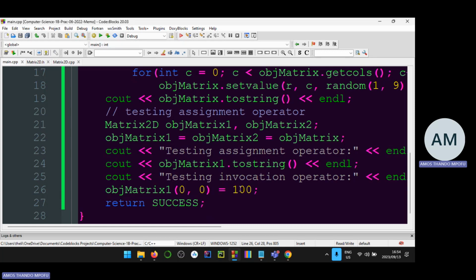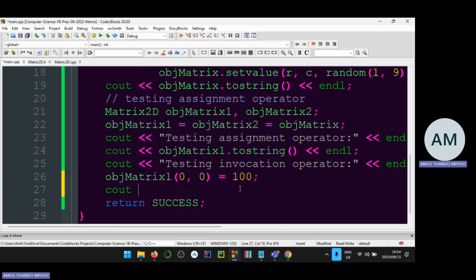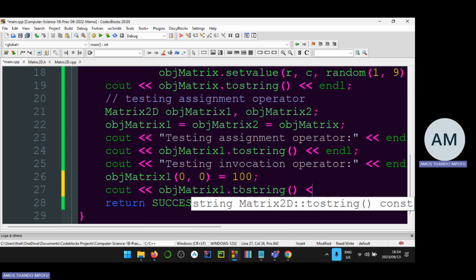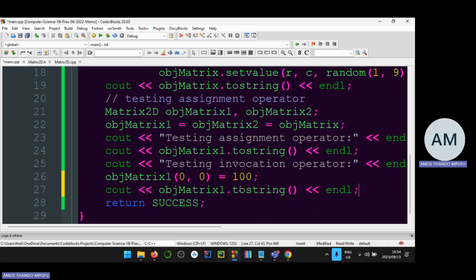It should be very easy to see the value, because with obj matrix 1 dot to string and 9, all of the values are a single digit. So if I put the 3-digit there, then it should,